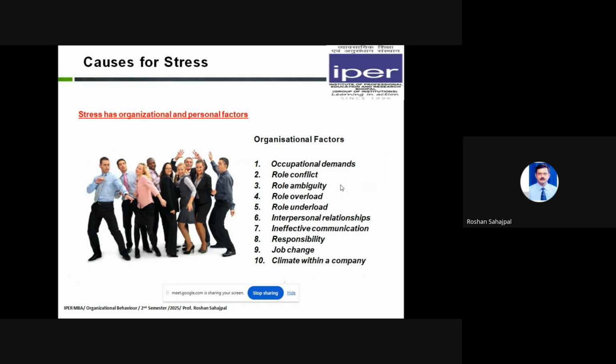Interpersonal relationship. See, the culture of the organization plays a very vital role. That is how employees treat each other and how they are treated by the management. So if there is something negative about this, or if the environment of an organization is toxic in nature, that will lead to negative interpersonal relationships, and ultimately it will lead to a stressful environment and condition. And that will not bear too well on people who are working in the organization.